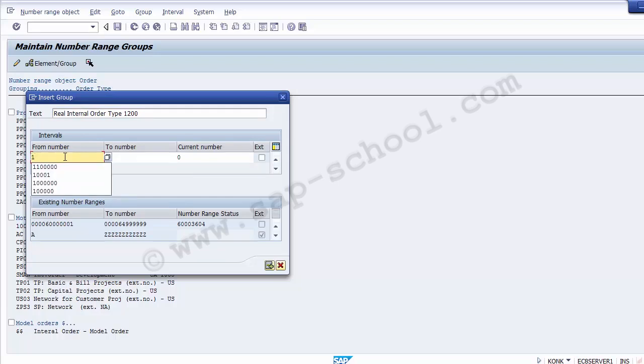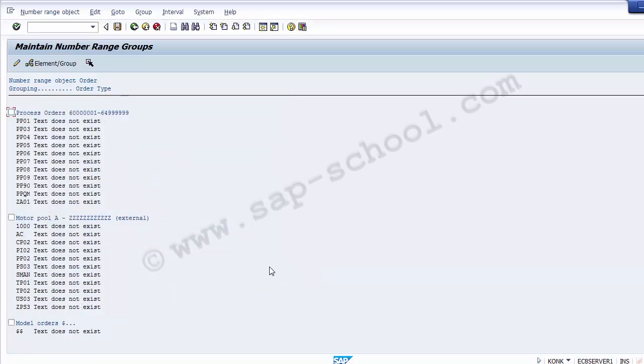So the number range I would be taking over here is 10012 to 1099. If you take this number range for the internal order from this to this, that is what you have to define on the screen, and then we can move up to over here to insert this particular number range. So click onto the insert, and once inserted,